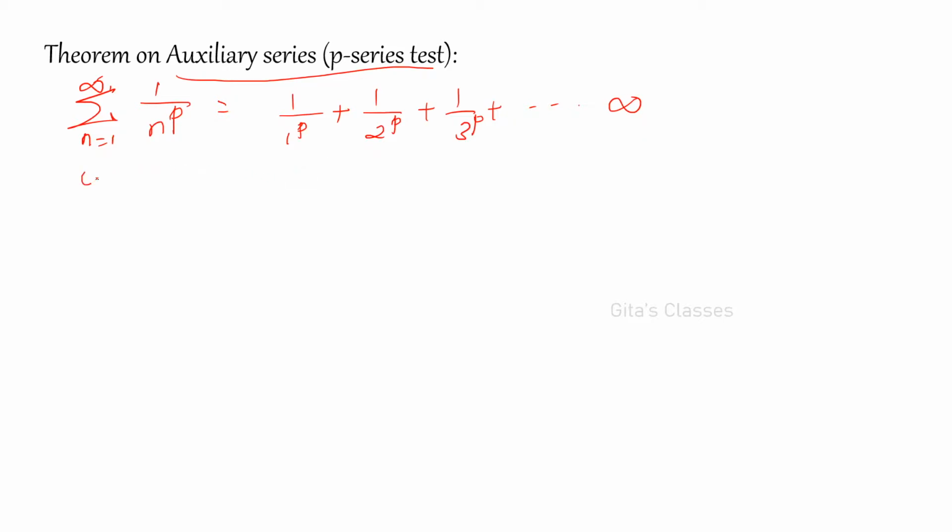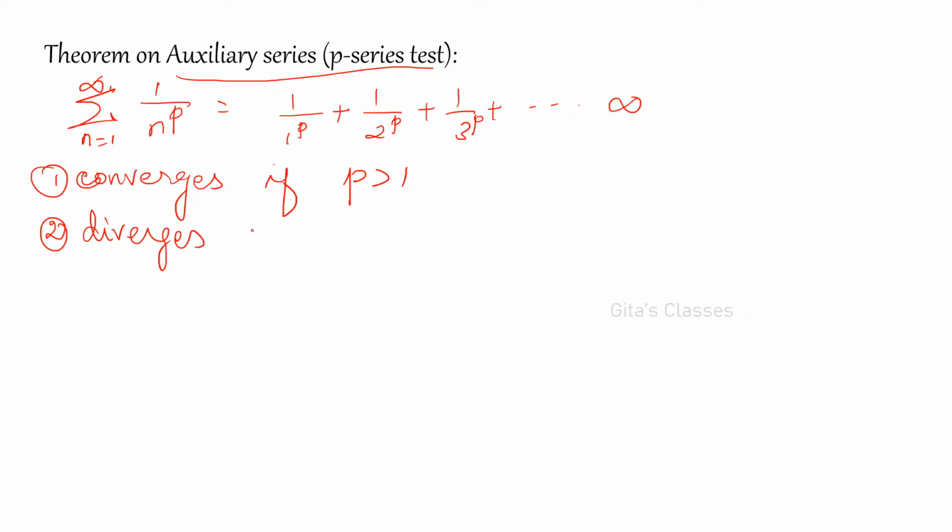It is convergent if p greater than 1 and diverges if p is less than or equal to 1. Remember this, you have to remember throughout this comparison test, because using this only we are going to decide the nature of sigma vn. We are going to choose sigma vn from the given problem and you have to know whether it is convergent or divergent. For this you have to remember this.